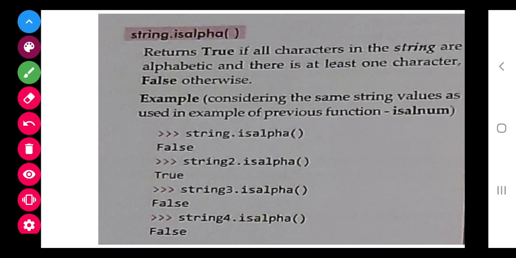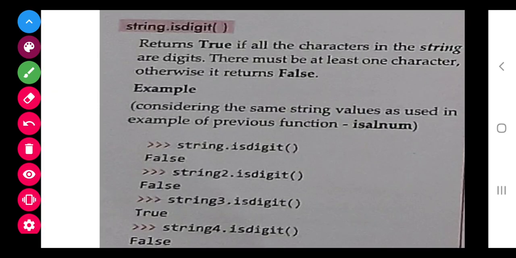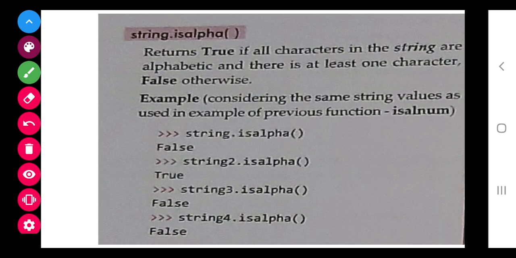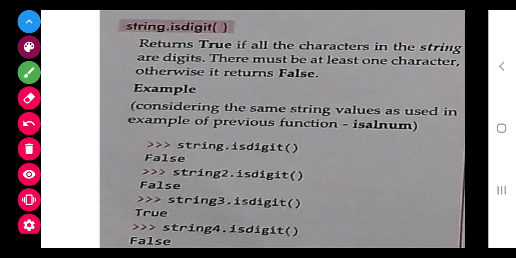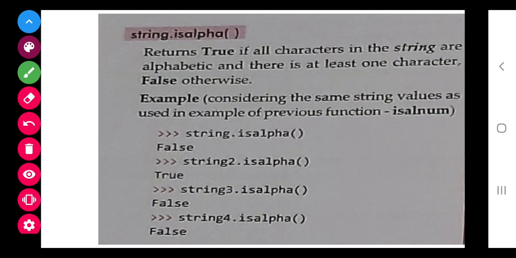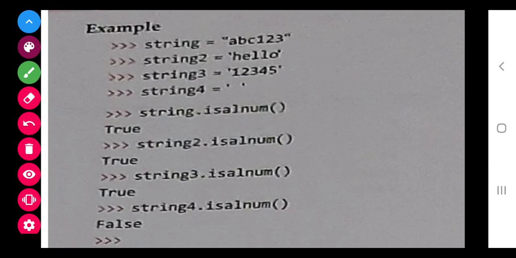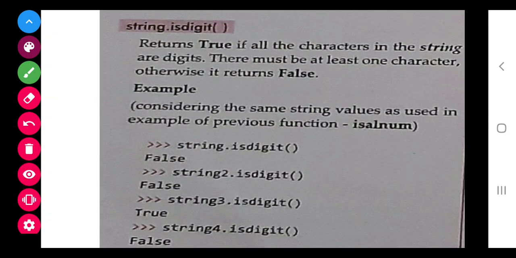So that's why the result is coming like this for isalpha. Now next one is isdigit. You can make out in this example that only this one is a digit. In this only the digits are there. Digit means numerical values. So that's why it is returning true and the rest is false.